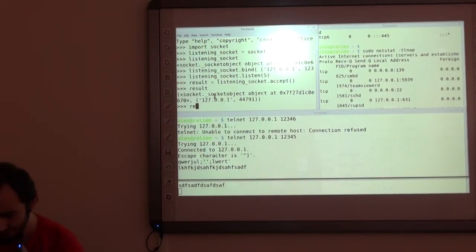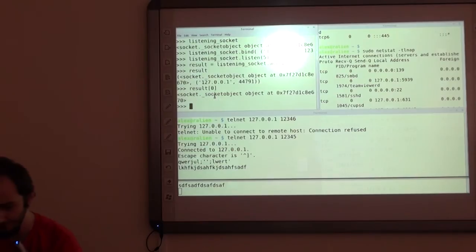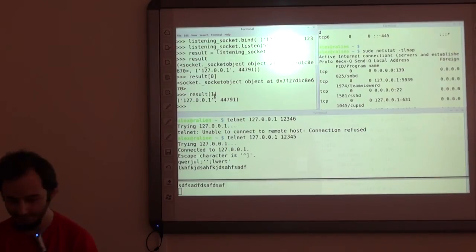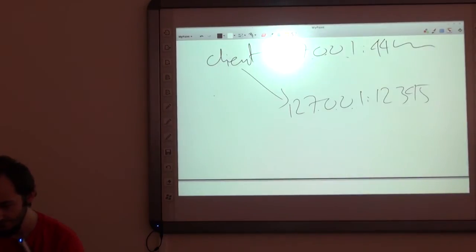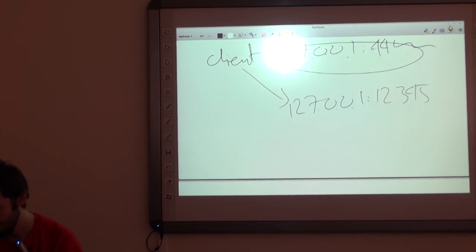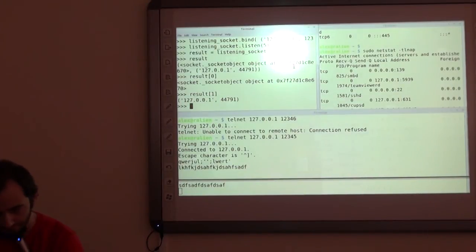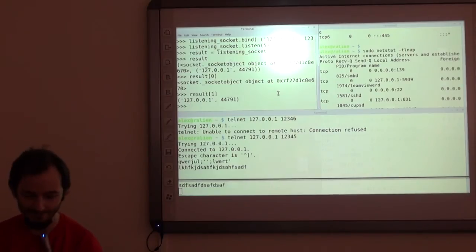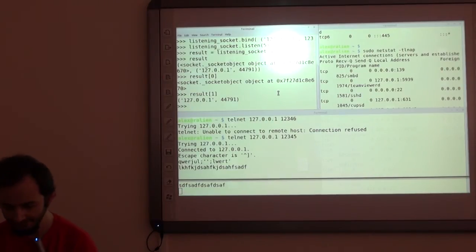So I can do this. result[0], and it's just the socket itself. result[1], and it's the address of my peer, which is basically this. I can now do something that in Python we call tuple unpacking.